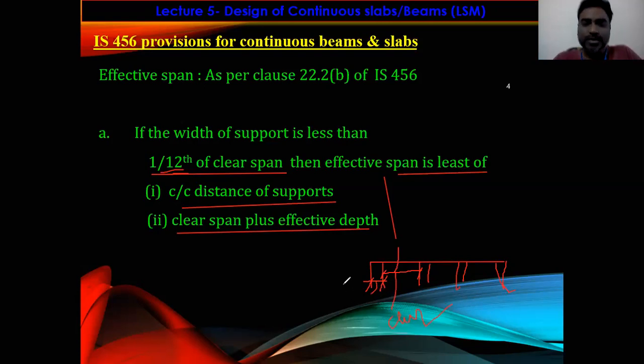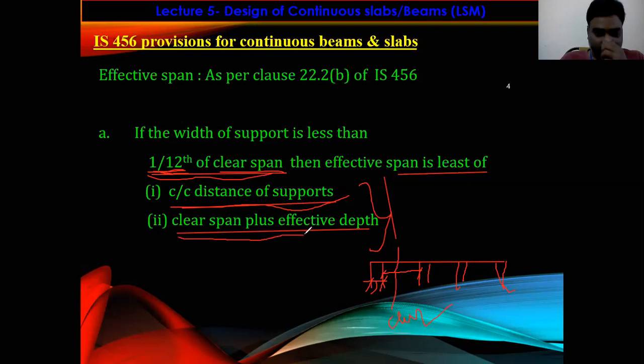Before determining the effective span, you need to check whether your width of the support is less than 1/12 of the clear span or not. If it is less than 1/12 of the clear span, you calculate the effective span by using these two cases and consider the least of these two. That means the center to center distance of the supports, or the clear span plus effective depth, whichever is